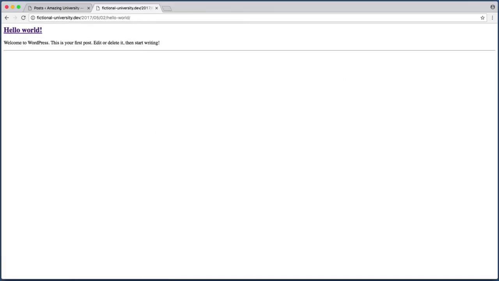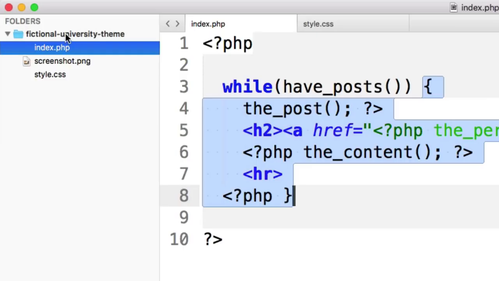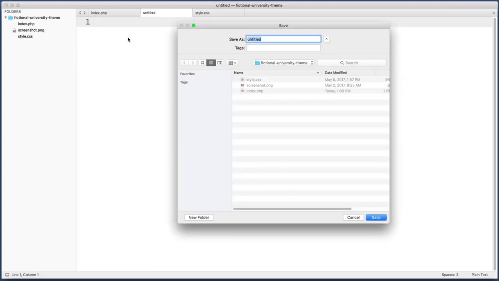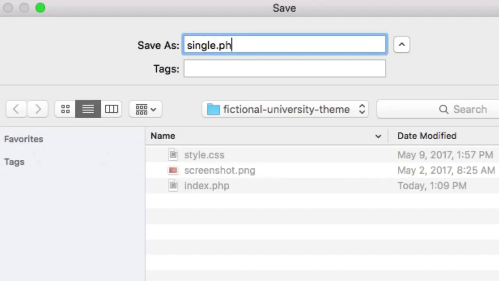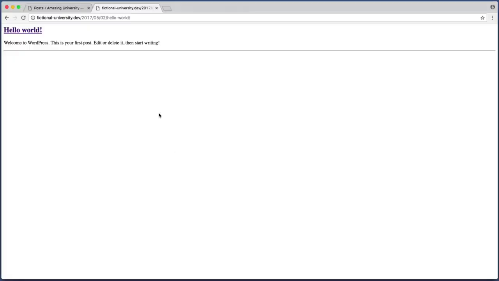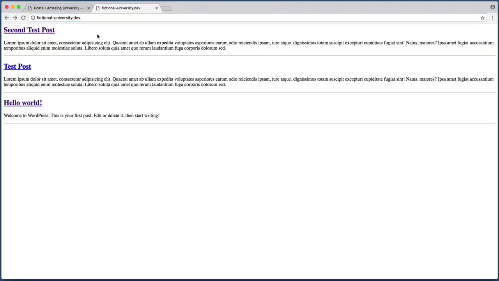Well, check this out. Back in our text editor, I want you to create a brand new file in our theme folder. So new file, let's name this new file single.php. And within the new file, let's just type out a bit of random dummy text like hello123. And if we save this and refresh, here we see that dummy text when we are on the URL for a single post. But if we go back to our home page, we see that it is still powered by